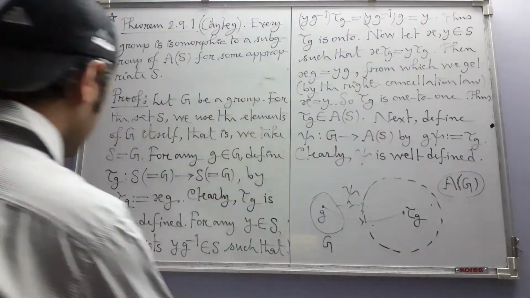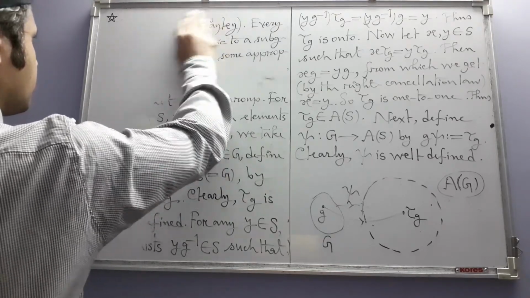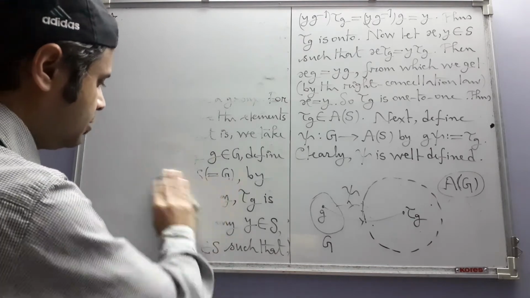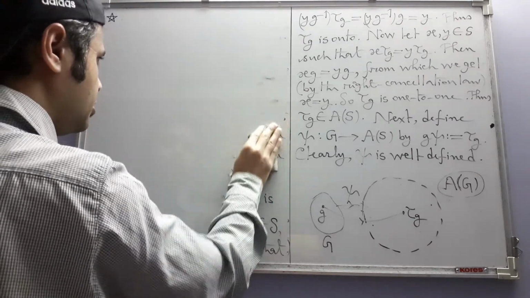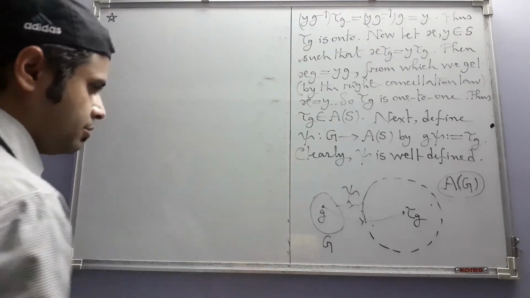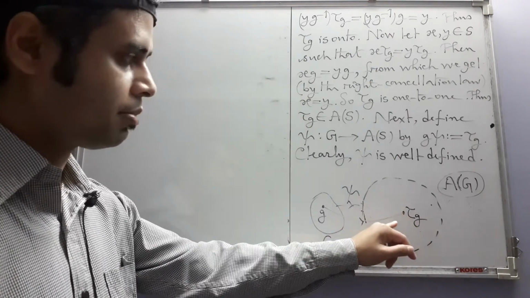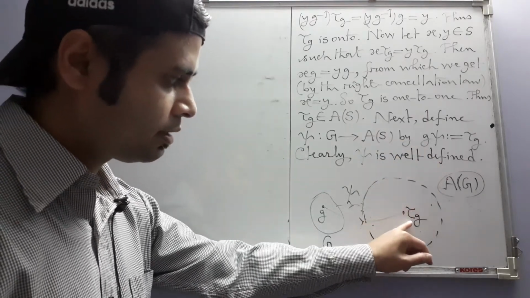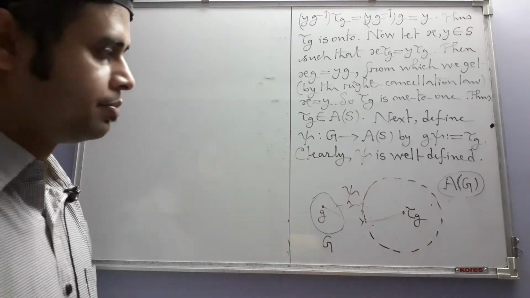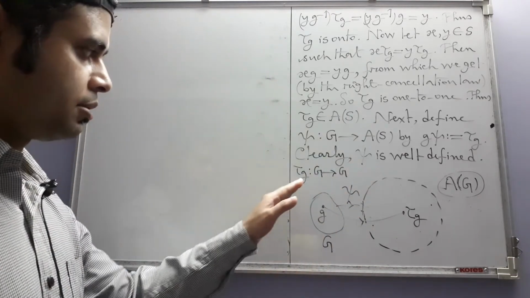Okay. Now we want to first show that this psi, the mapping we have defined just now, is actually a homomorphism. Never lose track of what you are doing. Okay, we wanted to show that tau g is a map, psi is also a map. We wanted to show that tau g as a mapping is 1 to 1 and onto. That's all. Okay, although tau g is actually a map from G to G,